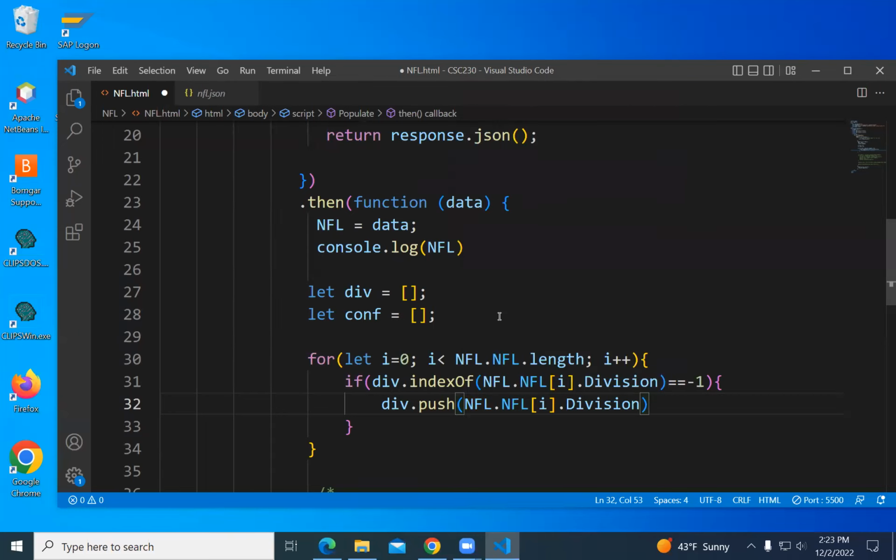So I'm looping through the teams. I'll loop through NFL.NFL up to the length. I'm asking, does my array division have the division of the ith team? If it does not, I'll get a -1. And if I do get a -1, then I want to add the division to my list of divisions.